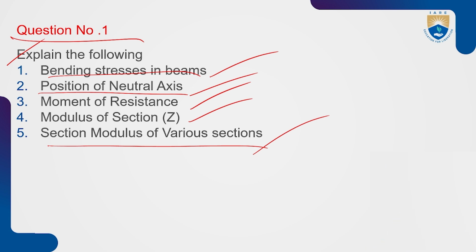Because the position of neutral axis, bending stress in beams, moment of resistance and section modulus are the basics for bending stresses. You know the bending equation and you can solve the problems by using it. But how to give the answer point to point in the examination for the following words,